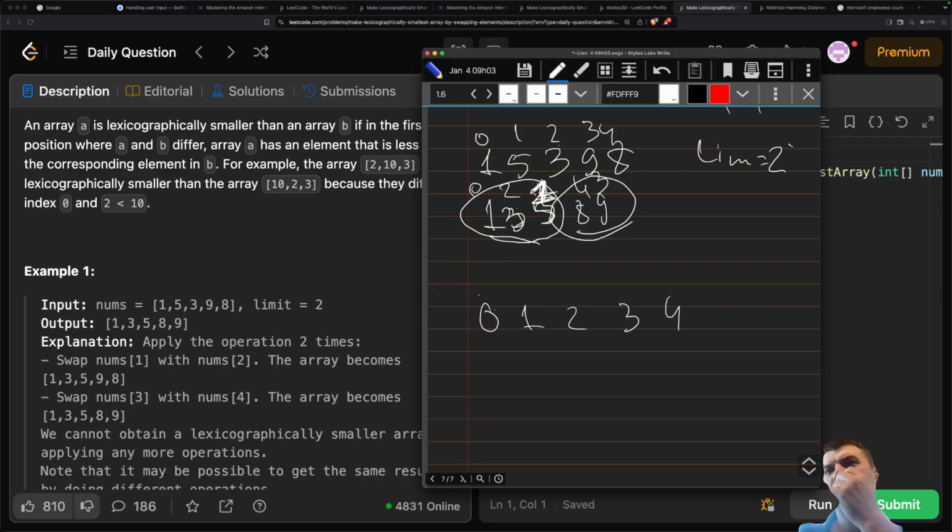So like to pick the first group, they have indexes 0, 1, and 2. So I take this, which should be at 0, this one should be at 1, and this should be at 2. So I fill up 1, 3, 5, and then this one should be at 3, and this one should be at 4, 8, 9. Okay, so